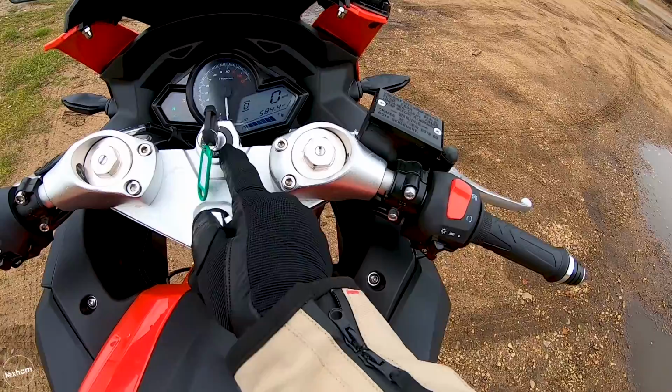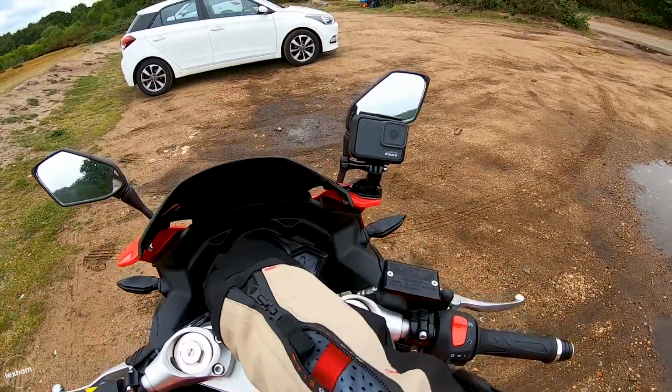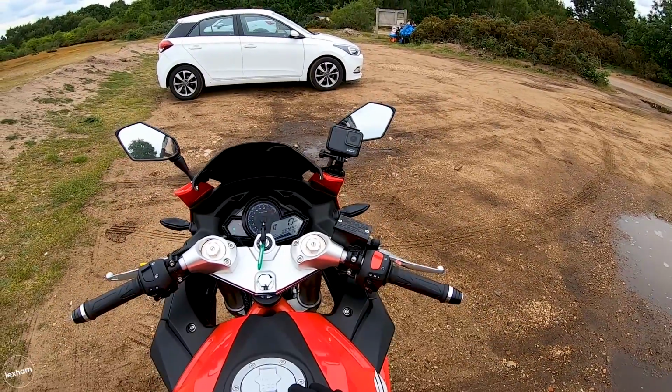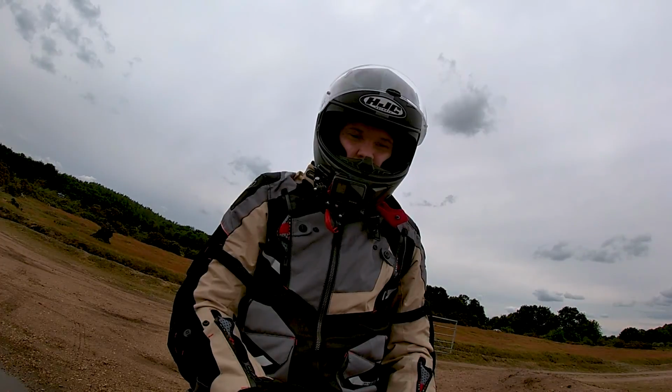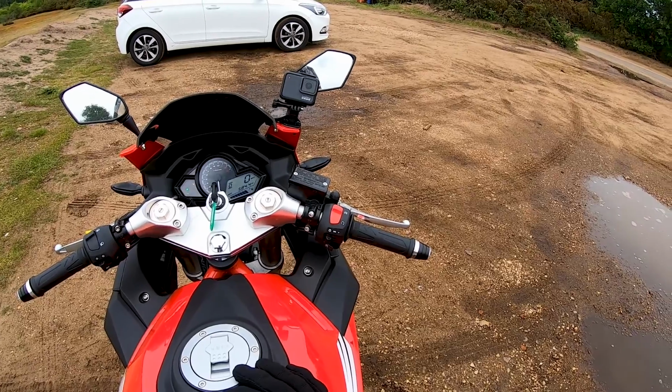Petrol gauge, odometer, and you've got the speed indicator there, which is really nice because it shows up nice and clear, so you don't have to be looking for any needle on the speedometer when you're riding along trying to keep at 30. Starts it up,